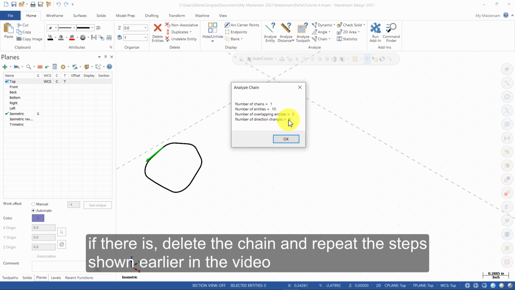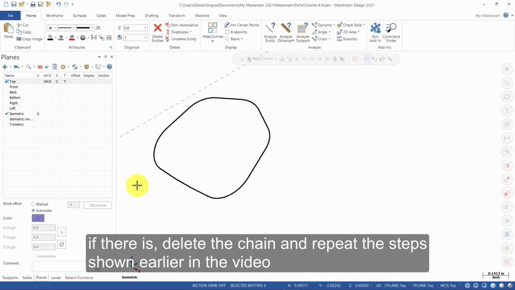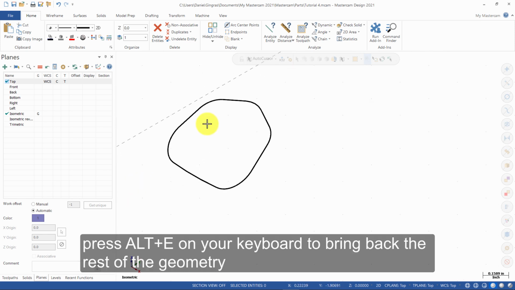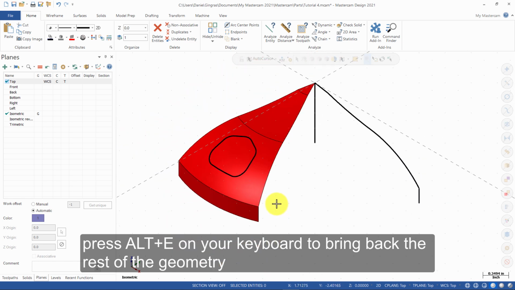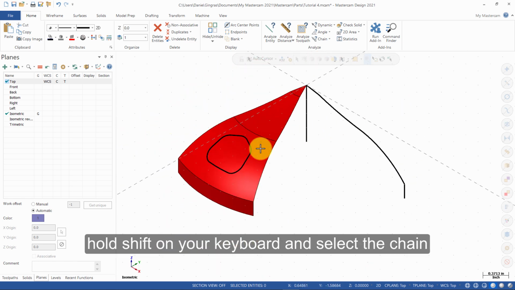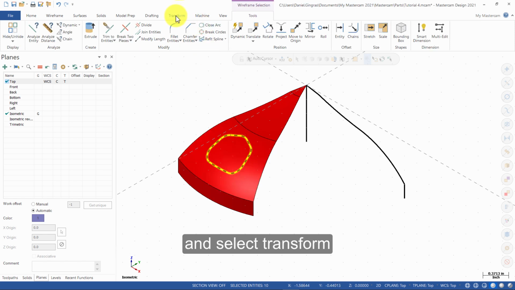If there is, delete the chain and repeat the steps shown earlier in the video. Zoom in. Press Alt-E on your keyboard to bring back the rest of the geometry. Hold Shift on your keyboard and select the chain. Then select Transform